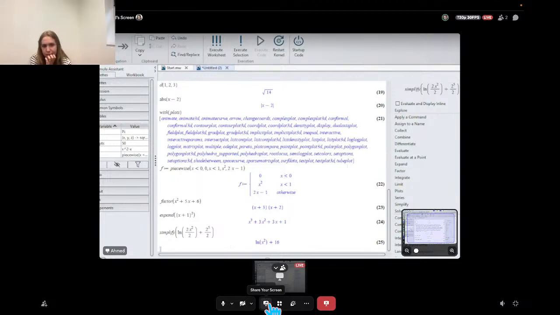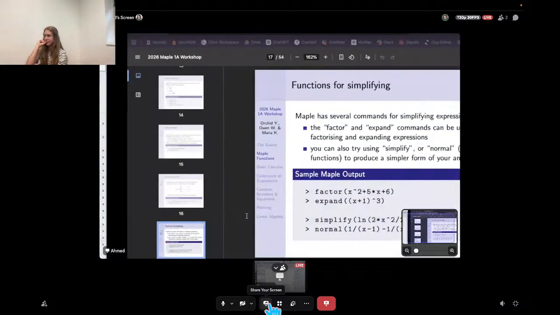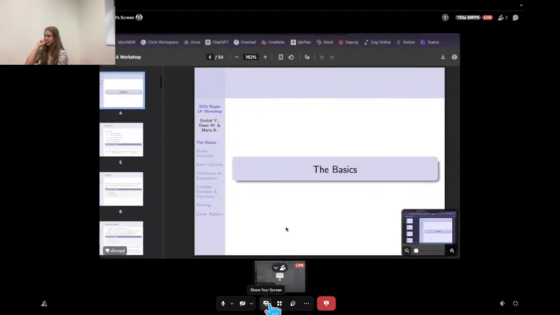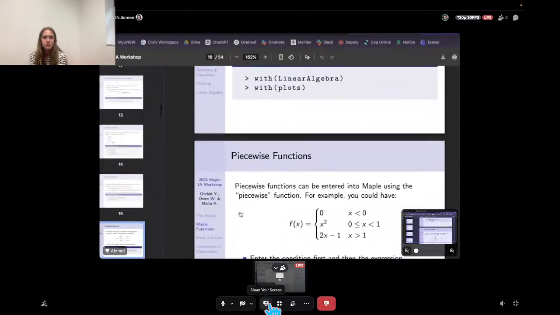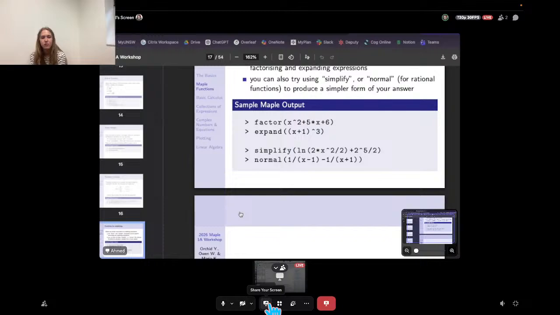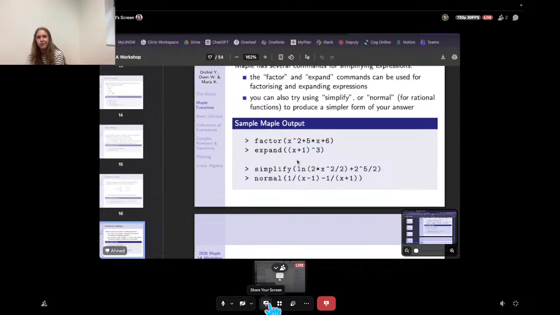And furthermore, there is also one where you can use normal. And the difference between simplify and normal is if we're working with multiple fractions, for example. Oh no, what happened? If we're working with multiple fractions, the simplify would just immediately give you a denominator that isn't factorized, but the normal would give you it factorized. So let's say